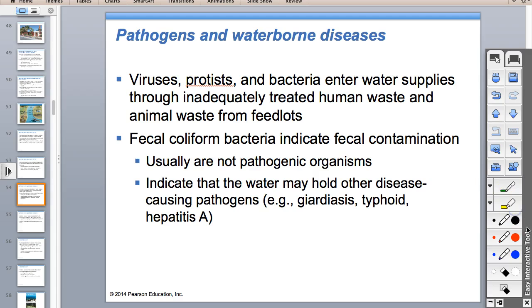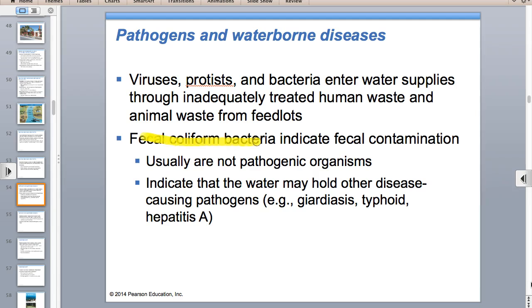Basically, what we had done there is I had that little vial, and it had turned yellow, which indicated that there was fecal coliform present in both water bodies. And when you have fecal coliform present, that's not the worst thing that you could consume, but it's just an easy bacteria to culture. But it tells you that poop's in the water, and so worse things could happen to you, like